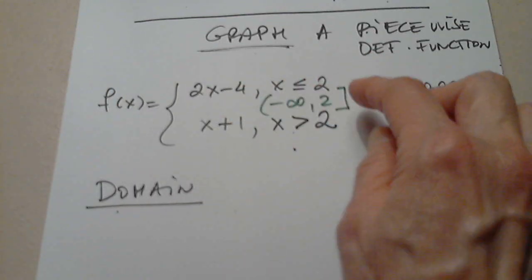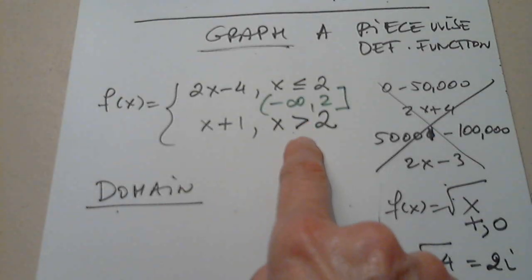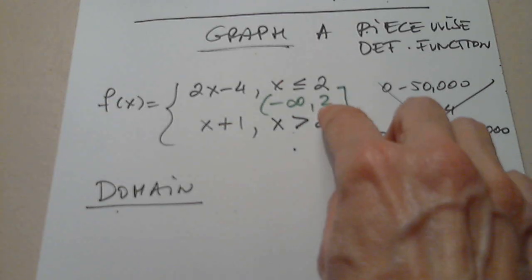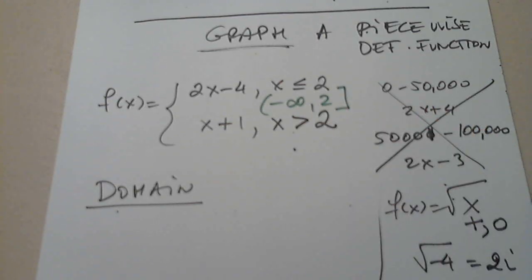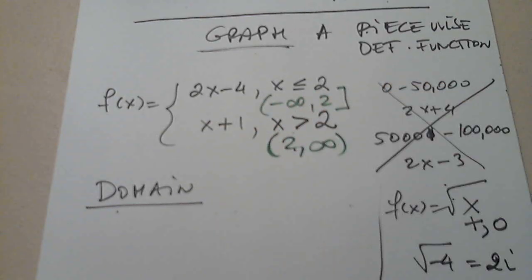Do you agree with this? What about the second one? Can anyone give us the second one in interval notation? This is the interval notation. In parentheses, 2 to infinity, positive infinity. Very good. Another parenthesis. Excellent. From this point,